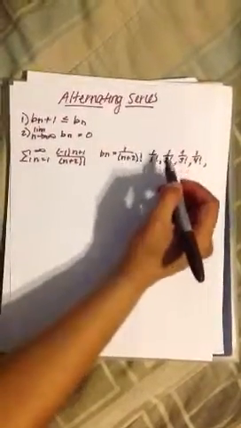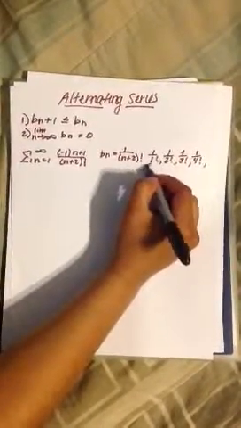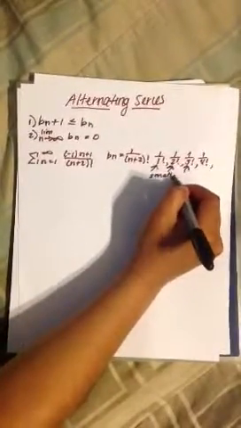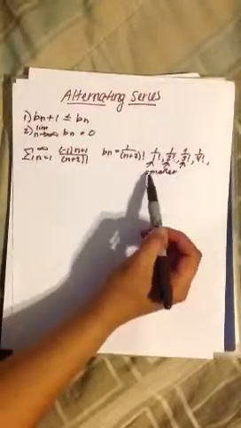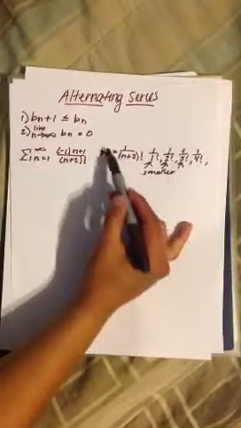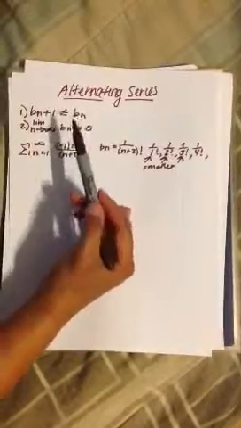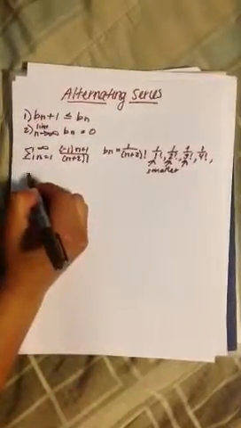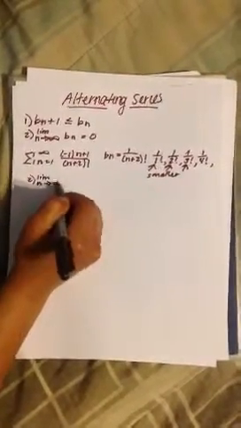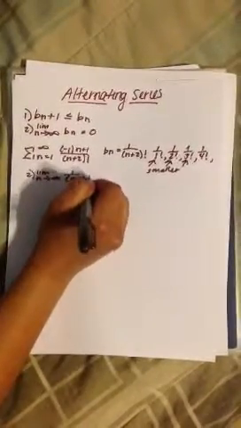we see that this fraction, even though we're using factorials, the denominator is getting bigger and bigger, so the fraction is getting smaller and smaller. So this confirms the first test, meaning that b sub n plus 1 is going to be smaller than b sub n. But now we could also see it with the limit test. So if we do the limit as n goes to infinity of 1 over n plus 2 factorial,